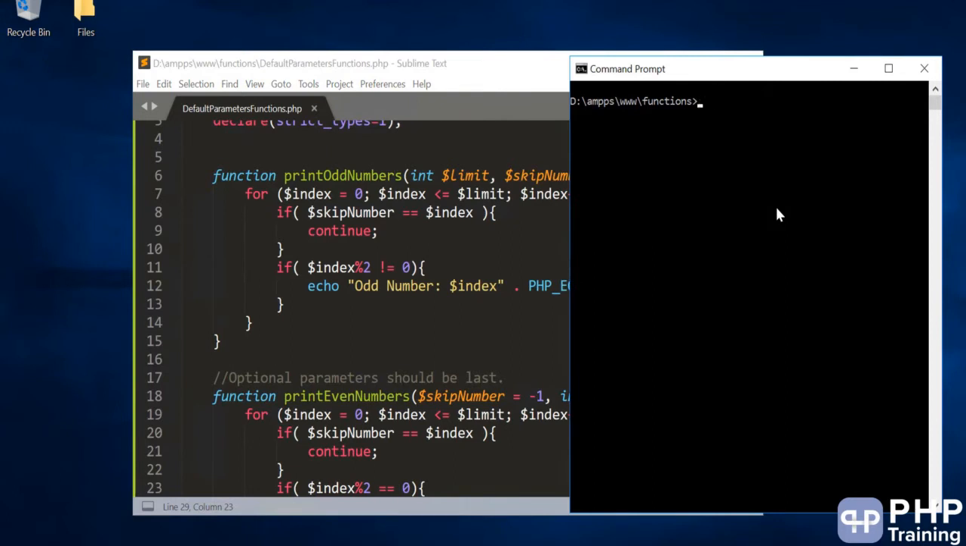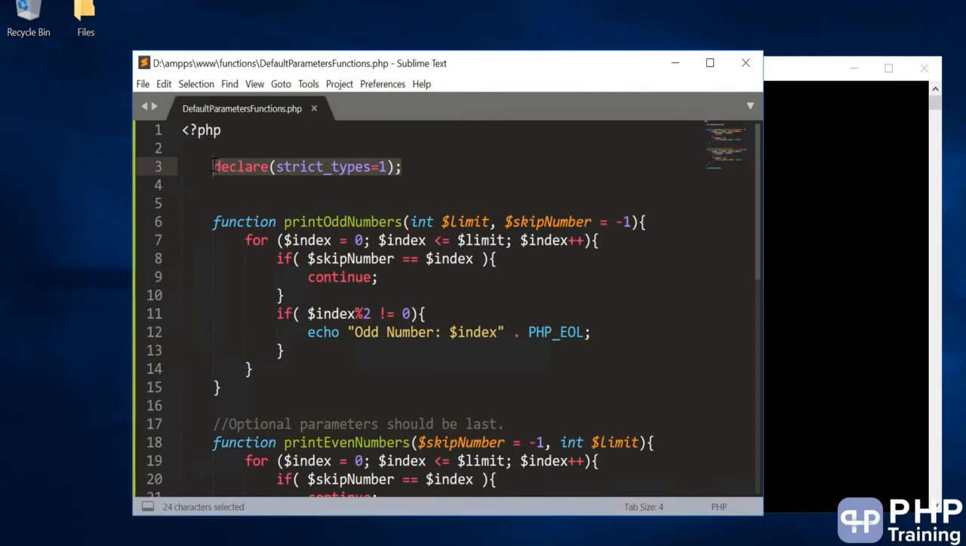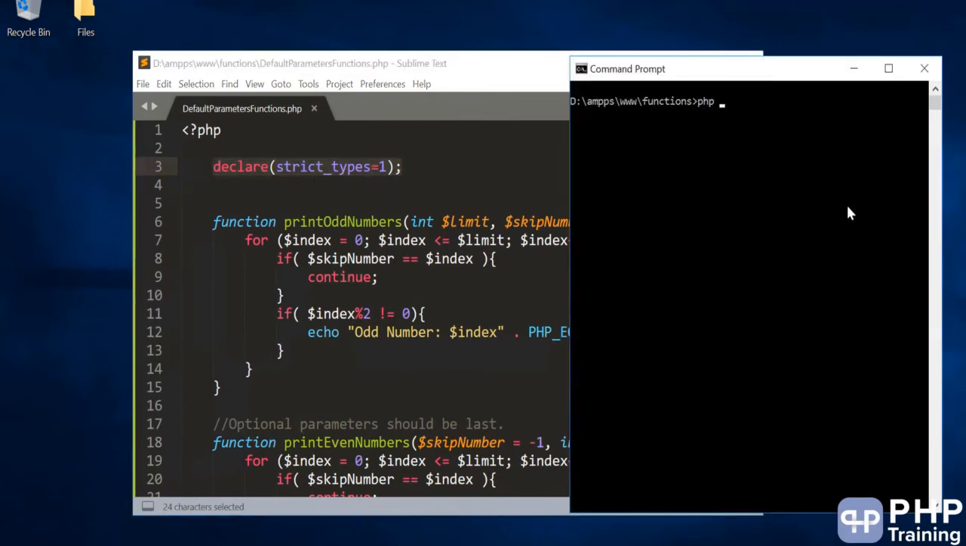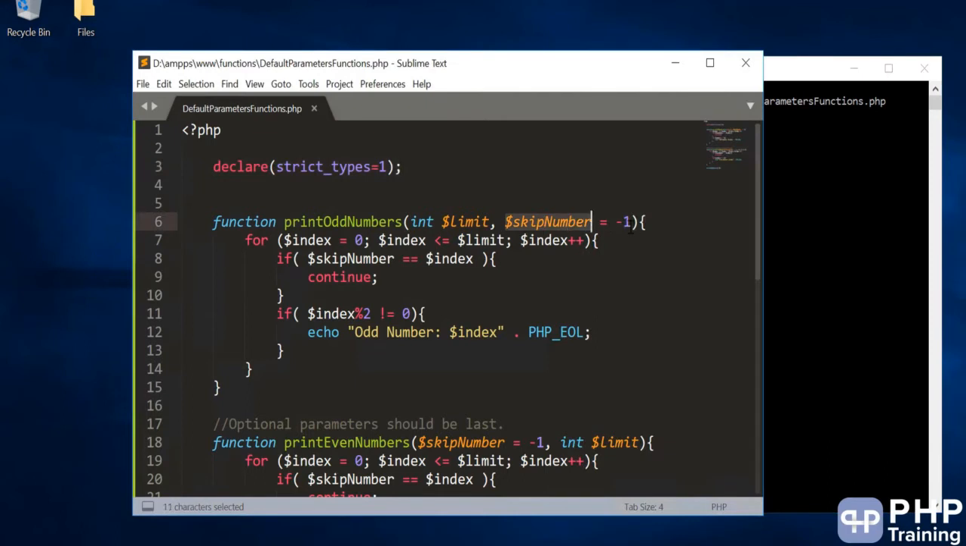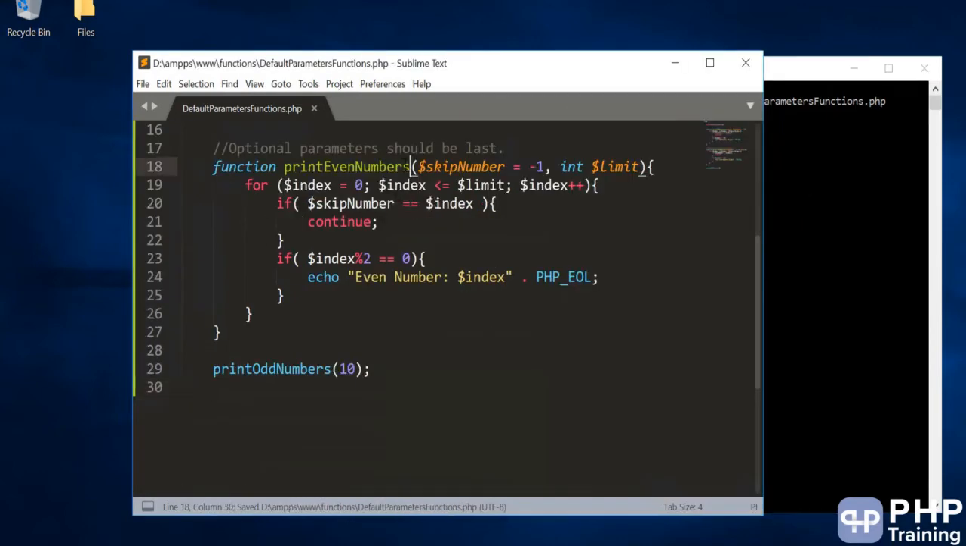So let's print this, and I'm using strict types. So if anything is missed, if I'm doing anything wrong, PHP is going to catch me, right? Okay, it hasn't skipped anything: 1 3 5 7 9, and it was able to run the function without me passing the skip number. So by default it took -1, and definitely it's a positive integer, so nothing has been skipped. So let's call print even numbers,